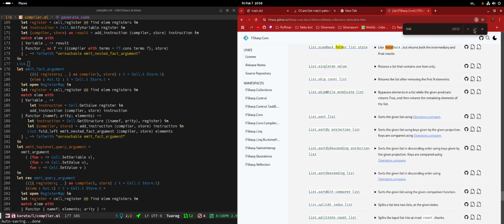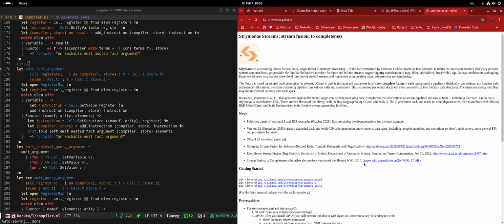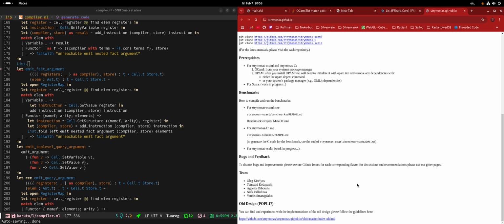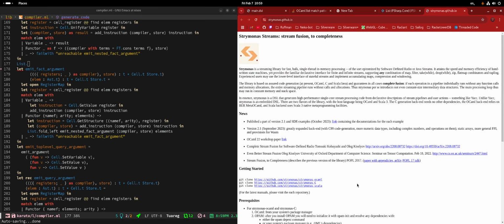I posted a link in programming. Let me check. Streams. Stream fusion. Stream fusion for having an index? What do you mean? Because with the primitives that exist in this library, you can just do a zip with a range.